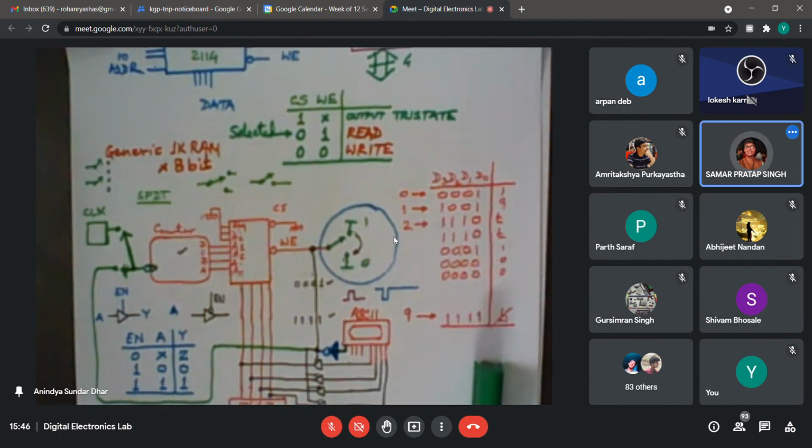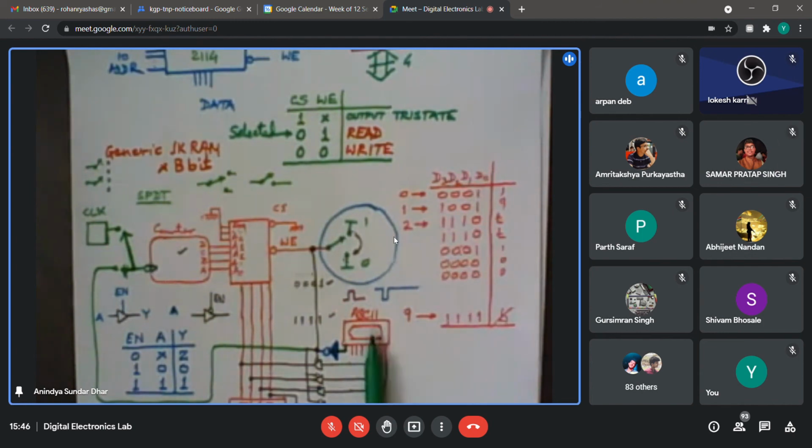I have another doubt. Since every time we enter something, that pulse is generated, how will we know that the user has entered everything he wanted, and now the RAM should be in read mode, not write? So if I have finished, I am not pressing any further key, so it is not getting into the write enable mode anymore. And the counter remains stable at a particular value, typically the last location, or maybe the next higher location. Now what I need to do, if I want to display the roll numbers sequentially, is throw this switch to the other side.